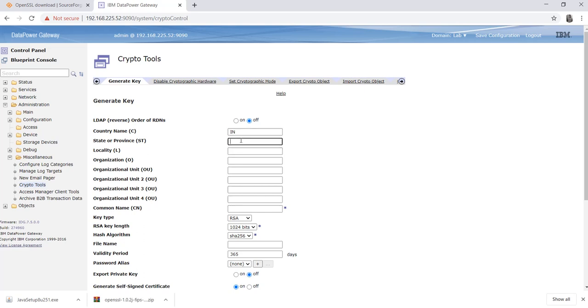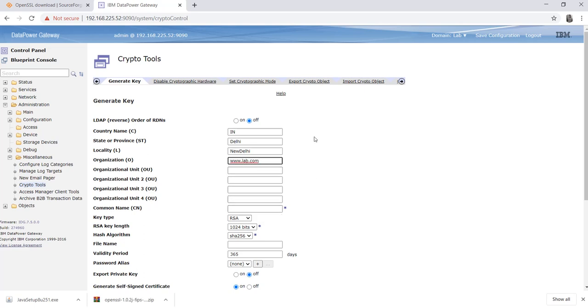Then you need to mention the state or province. You just mention the state, like Delhi. For locality, you can mention something like New Delhi. And for organization, like we have www.lab.com, we can keep anything.